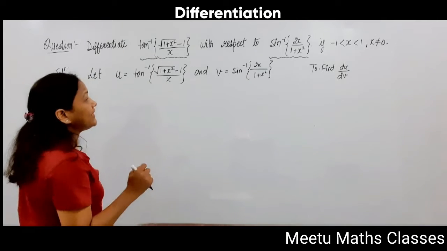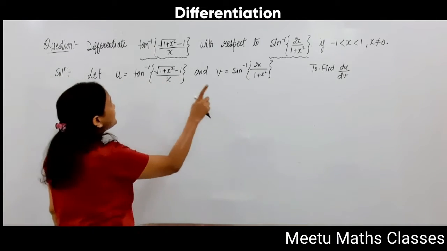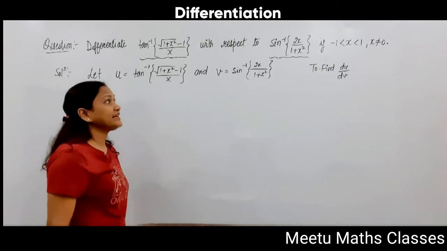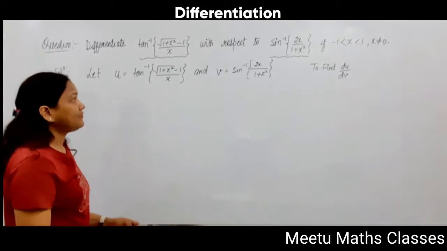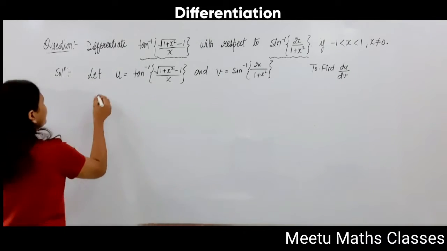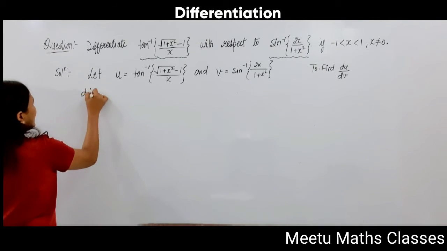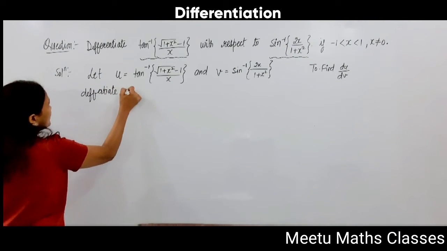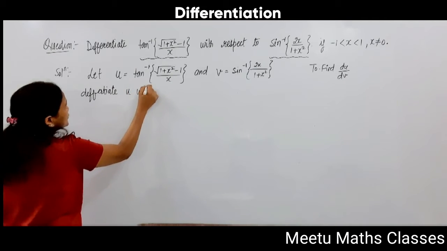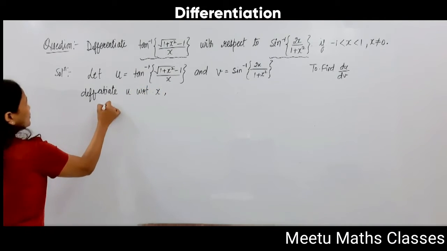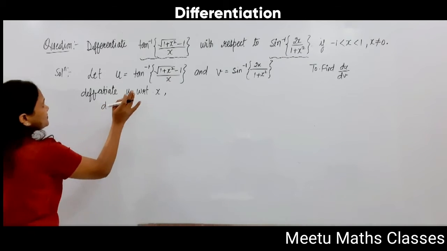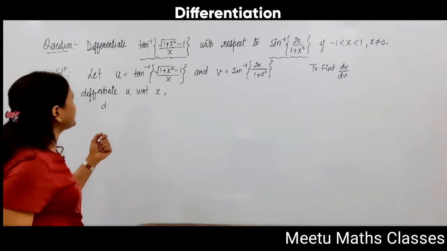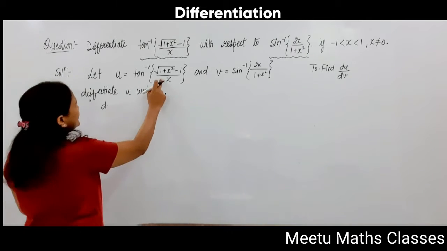Now to find du by dv, u can be easily differentiated with respect to x and v can also be easily differentiated with respect to x. So we are going to differentiate u with respect to x. To differentiate this function,